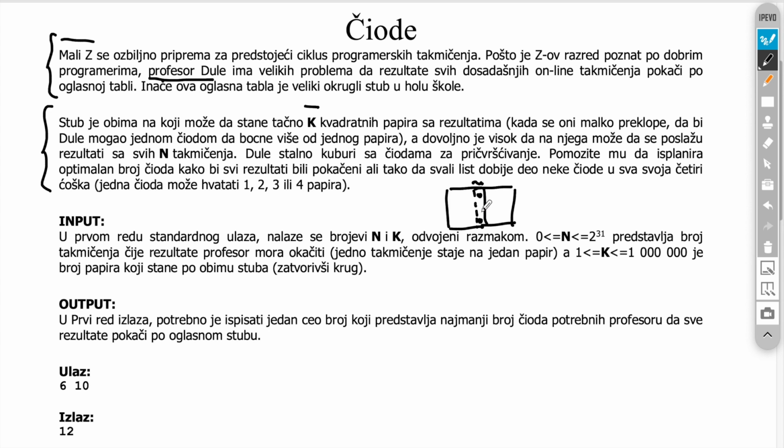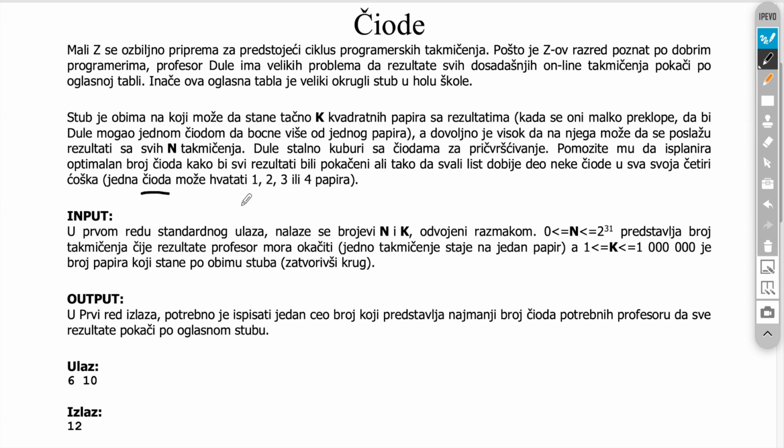Dule is constantly struggling with pins. Help him to make a plan how to arrange all the results so that you can attach them with the minimal number of pins, and also taking into account the fact that each paper must be attached with 4 pins. Once again, you can reuse pins if you overlap the papers. One pin may encompass 1, 2, 3, or 4 papers.